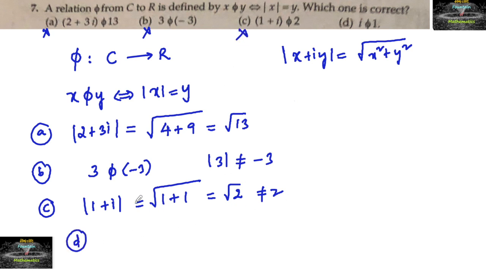And coming to the fourth option, i. Mod of i is equal to under root of 0 plus 1, which is equal to 1, which implies here i is related to 1. So we can say that option